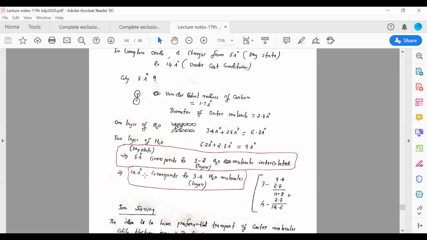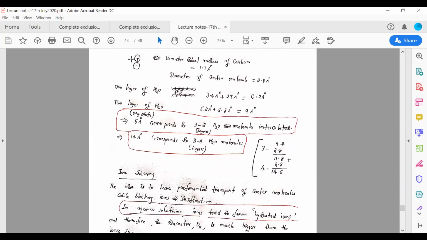So there is an expansion, and that is why the X-ray diffraction peak is very broad, because at some point there will be 3. It cannot be 3.5 anyway. It has to be 3 or 4. So at some point there will be 3 layers of water molecules, and at some point there will be 4 layers of water molecules. Okay, so this is actually discrete. But overall, the number of water layers will be 3 to 4.